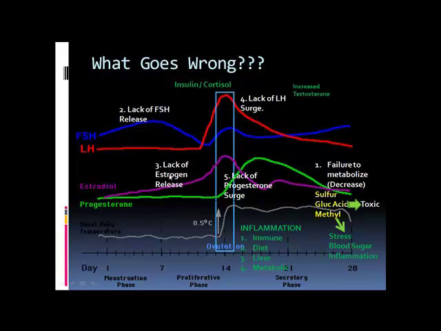If we lack the estrogen release, it may be because you didn't get step 2. So you never got step 2, and maybe you didn't get step 2 because you never got step 1, which is the lowering of the hormone. But if you have the lowering and you have the release of FSH, but you don't have this peak of estrogen,